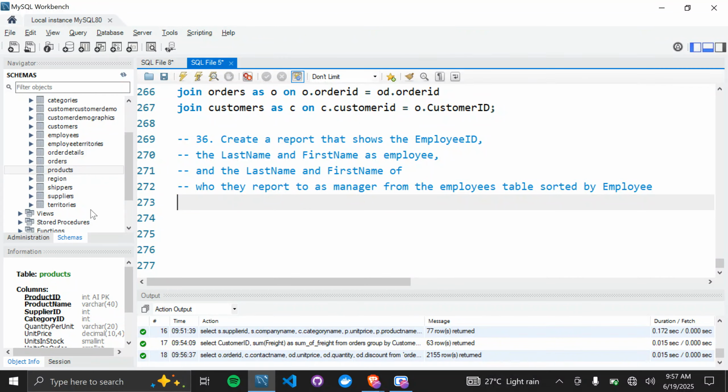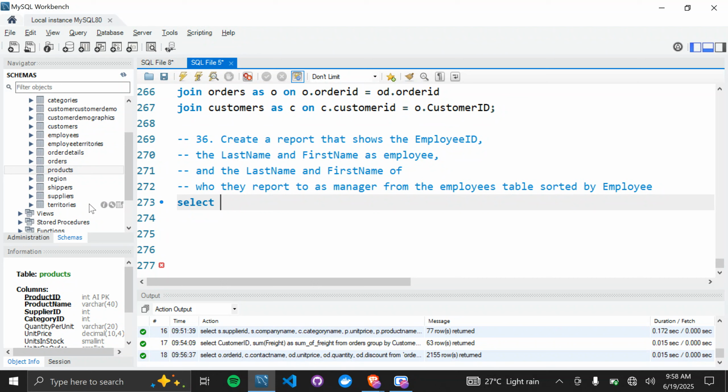So we do not have a manager's table. The idea behind that is that it is our employees that we are also promoting to managers. So how do we do that? We join that one table on itself. And how does that work? So we are going to say